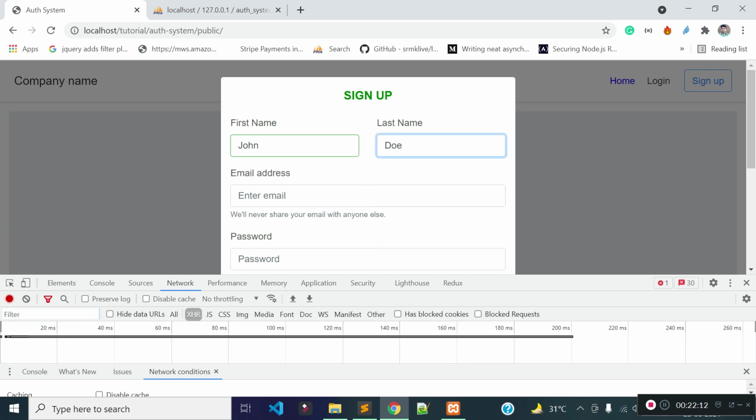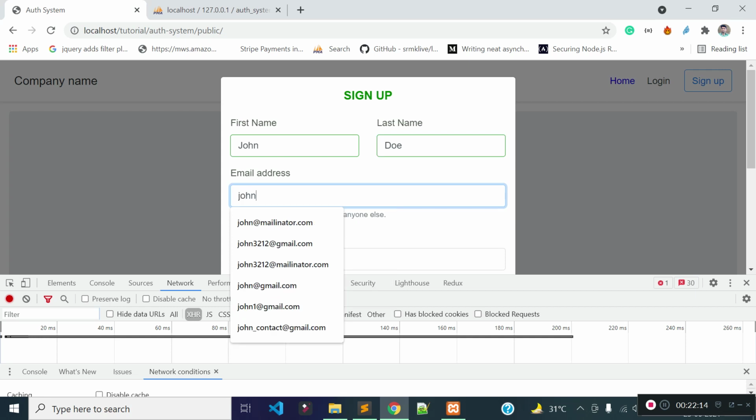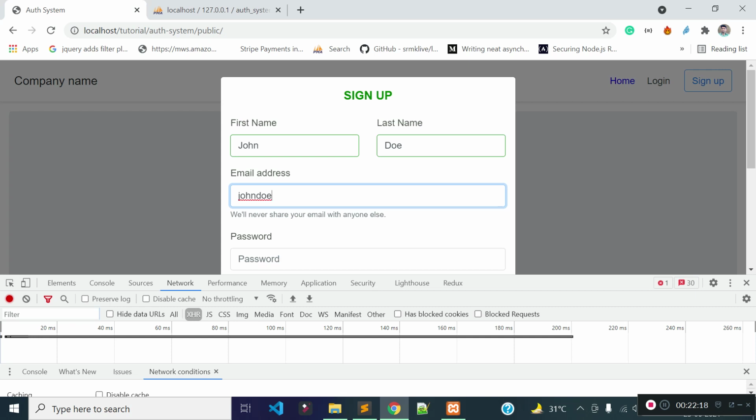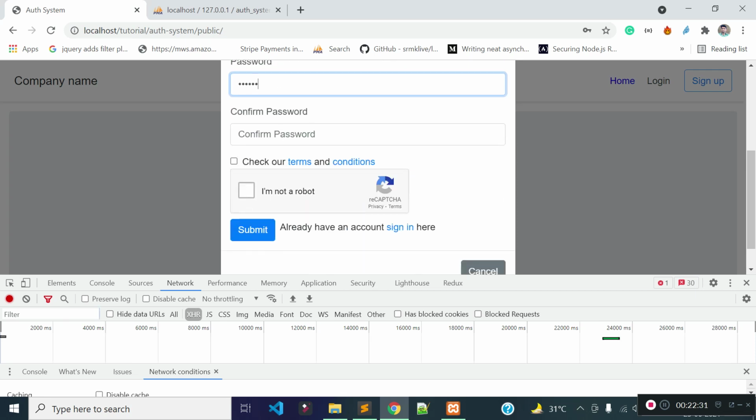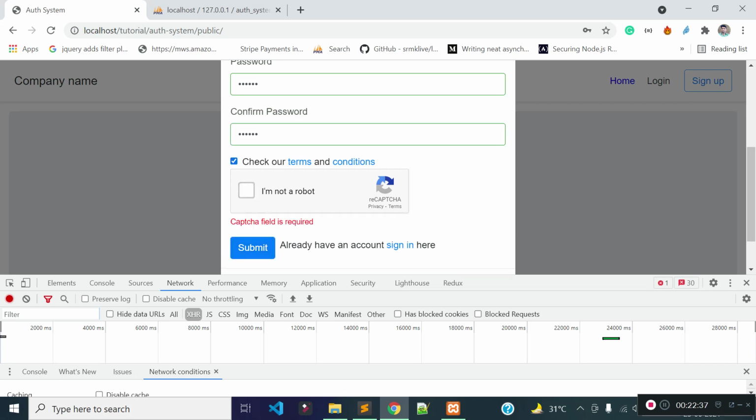Okay, John Doe, email ID, provide a fake email provider, John Doe 3456 at yopmail.com. Yopmail is a fake email service provider. Okay, 123456, 123456. Let's check whether validation is working or not. Yes, validation is working.